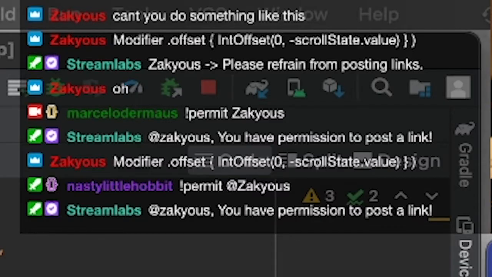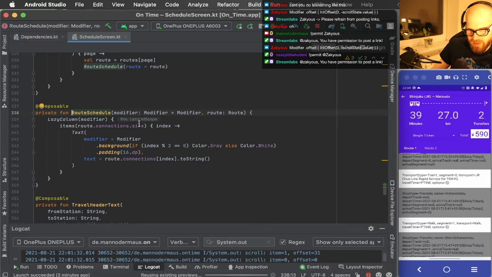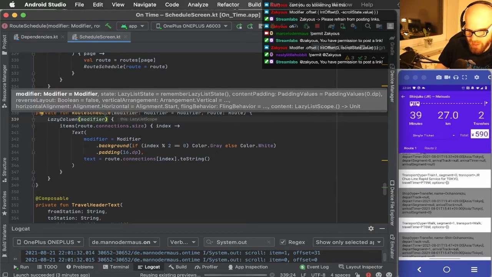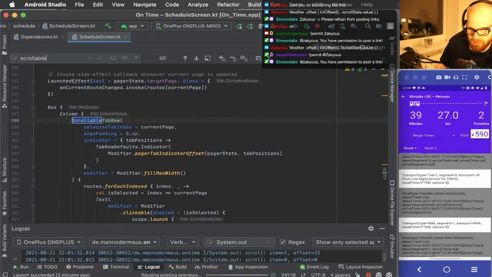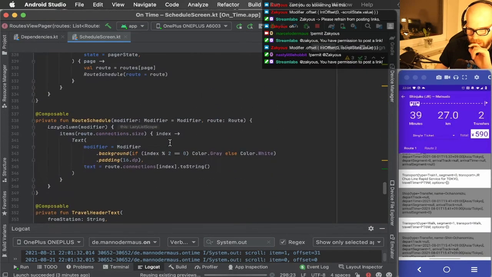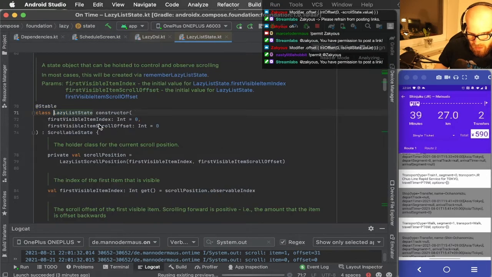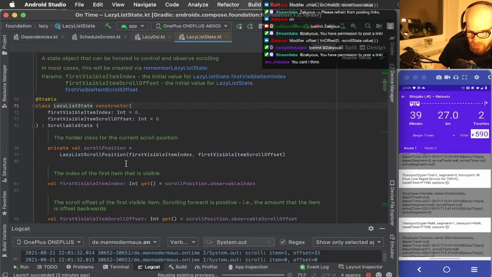It's gotta be. Modifier offset. Scroll state value. Yeah, the thing is I don't have a scroll state anymore though. If this is a lazy column and it manages the scrolling itself, then I can't hoist the state out of it so that I can observe the scroll state's value. I don't put scrollable anywhere in this class anymore. So how would I know what the offset is? It's kind of this one here, but you can't. Okay. Well,